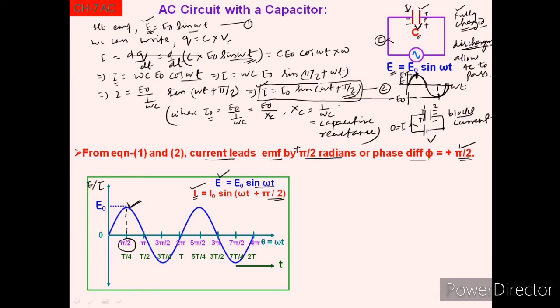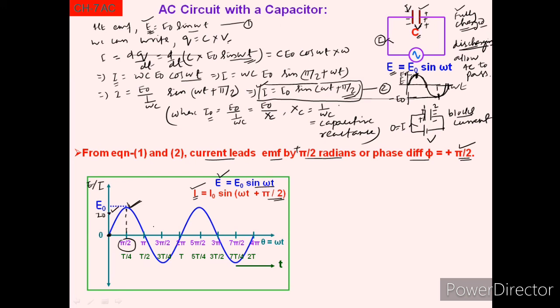It means that will be the zero phase, and at that moment the current must have achieved the maximum value. So if we represent the maximum value I naught by this point, then at zero phase the current must have